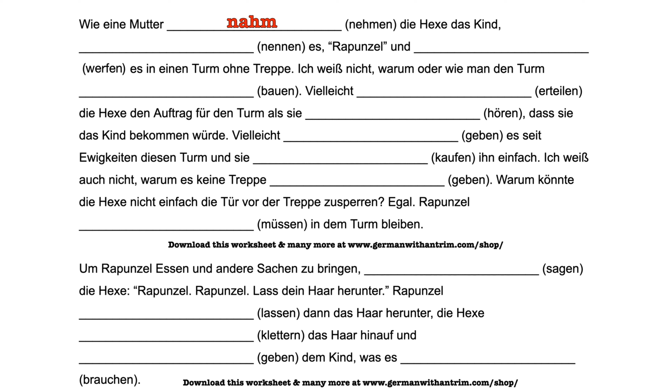Nennen in the simple past is nannte. It's also an irregular verb, but it does have te endings. Some people consider this to be a mixed verb. I just hate that term because it indicates to students that there's some sort of an in-between between regular and irregular, when in reality it's got a stem change which makes it irregular. The fact that it ends in te is irrelevant because we can just think of that as our stem and then add our endings appropriately and you'll end up with the correct conjugation.